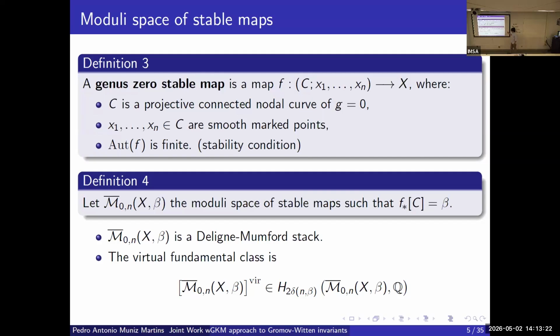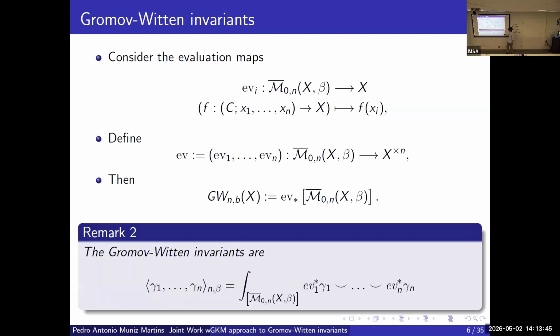We will denote by this guy right here the moduli space of stable maps such that the push forward of the fundamental class of the curve C is equal to beta. This is in fact a Deligne-Mumford stack, and the virtual fundamental class is this guy right here. It's a class in this homology group. And I'll recover